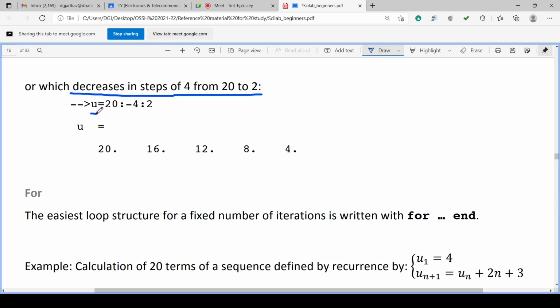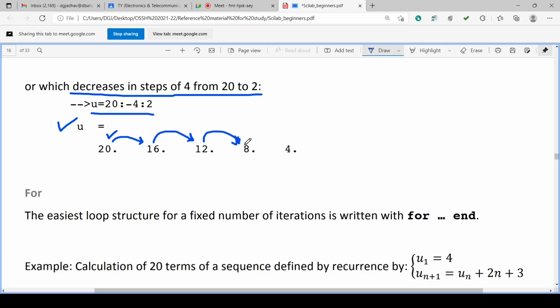As we are assigning this to the variable u, u will be equal to the first value. Starting value is 20. Decrement by 4, step size is minus 4. 20 minus 4 is 16. 16 minus 4 is 12. 12 minus 4 is 8.